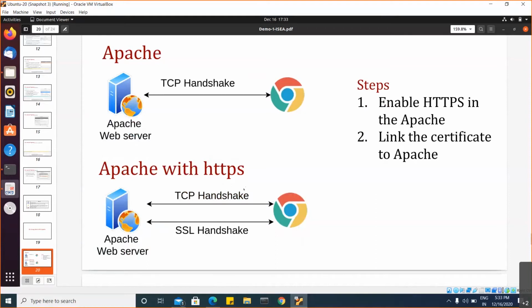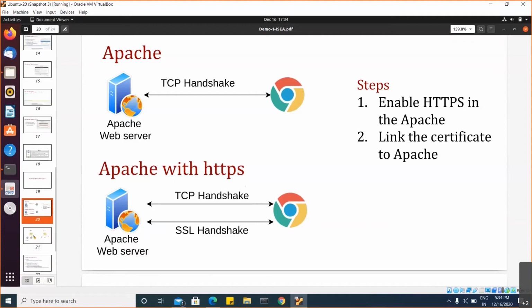Whenever you want to enable SSL for the communication, you need to enable SSL on both sides: on the Apache web server as well as on the web browser. By default, the web browser supports SSL communication, but to enable SSL in Apache, some configuration settings need to be modified.